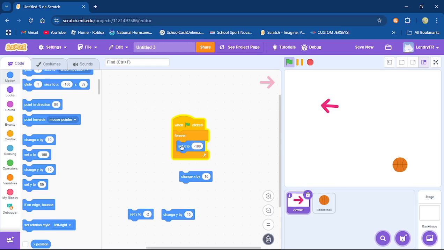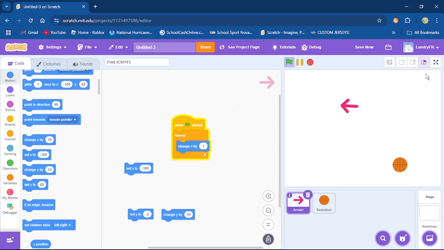Now, the difference between that and change is that change takes where it is currently at, and it's always going to change it up or down based on the number. If it's a negative number, it's going down. If it's a positive number, it's going up. And it's always constantly, and I'm not going to use 10 as an example because it's going to go fast, when I put this here, it's going to want to change x by 1 every time it loops.